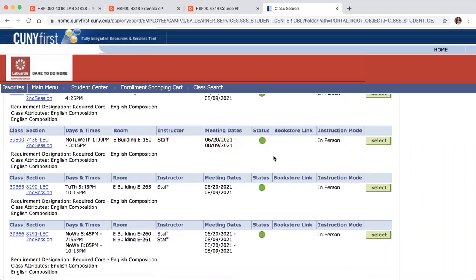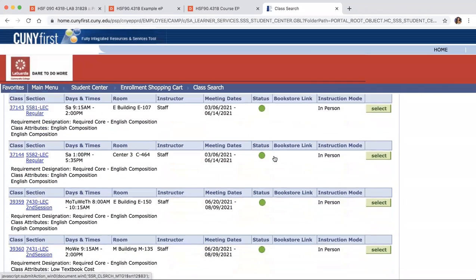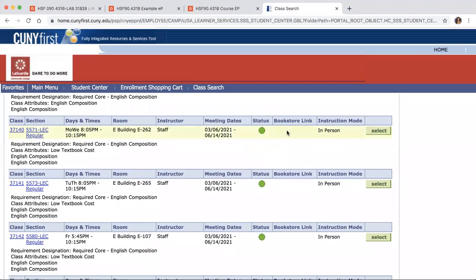Like for this semester, it was all in person classes that I registered for, and they all transitioned to distance learning. So I'm not sure how they're going to do that for next semester. We're all just going to find out together. Okay. So I would just pick one that fits your schedule. So for example, if I'm free from Monday to Wednesdays at 8 p.m. to 10 p.m., I'm going to pick this class. So I'm just going to hit on select,